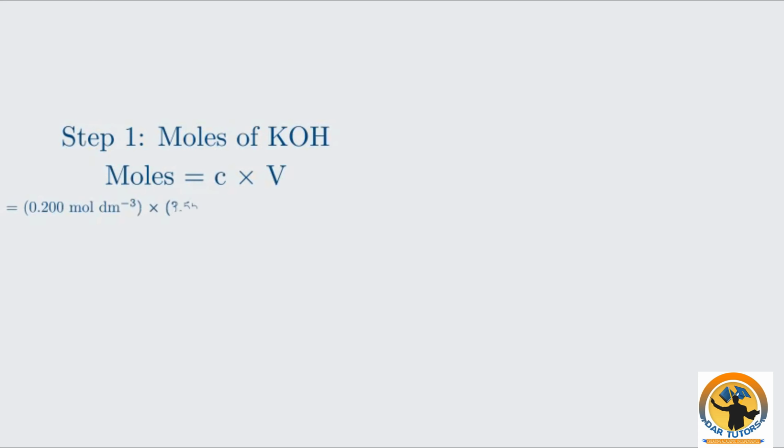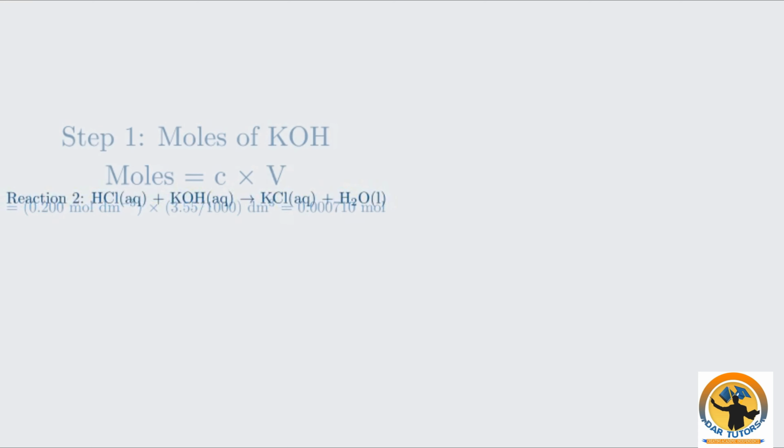First, we calculate the moles of KOH used in the titration. Moles equals concentration times volume. 0.200 mol dm⁻³ times 0.0355 dm³ is 0.0071 moles of KOH. From reaction 2, the mole ratio of HCl to KOH is 1 to 1. Therefore, the moles of excess HCl are